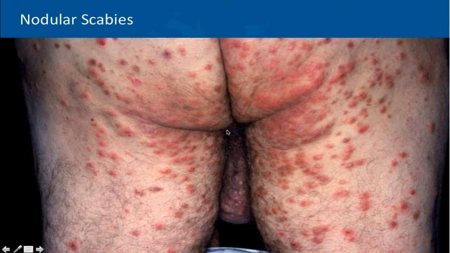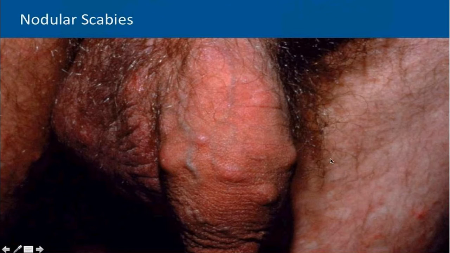An exception is in nodular scabies. Each of these nodules around the groin will have one or a whole family of scabies mites in it. And in this type of presentation, especially in the genitals, this is where families live, and this patient will be very, very itchy all over their body, but the scabies themselves are living in the scrotum and around the buttocks here. This is another example of nodular scabies.